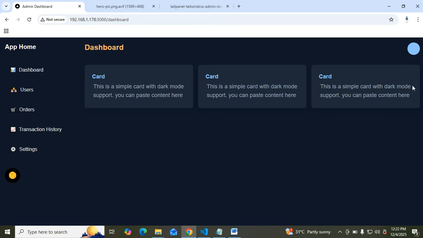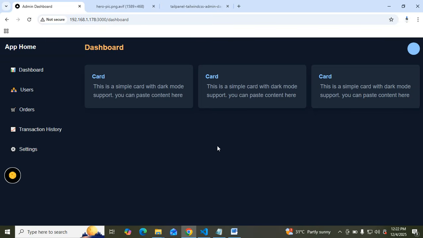Now, orders is going to contain a table where we're going to see different states, maybe pending, delivered, and so on, like that. So all of those, you're going to know how to do. By the time you've completed the Next.js course, you would have understood how to implement all of those. But the goal of this